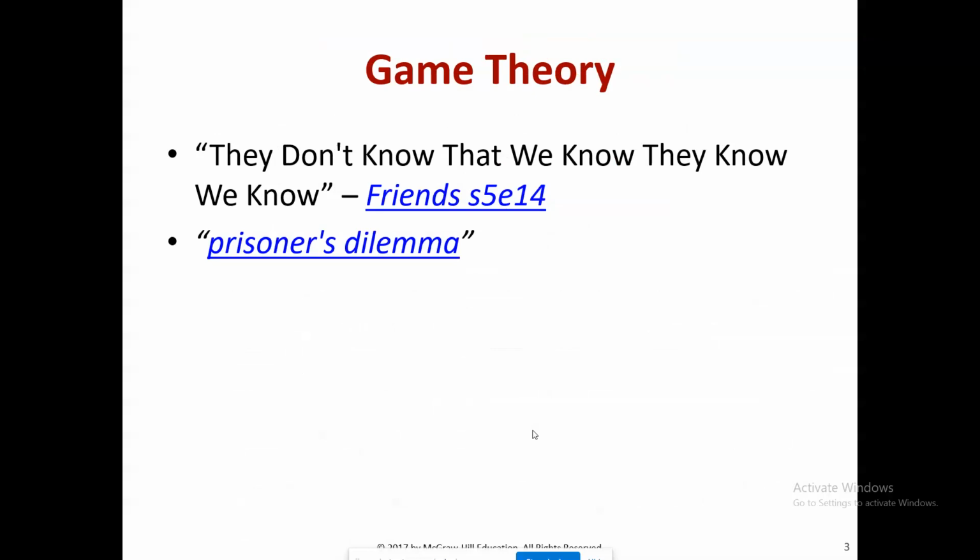The second thing I think of when I hear game theory is the prisoner's dilemma. This dilemma was originally framed by Merrill Flood and Melvin Dresher in 1950. Albert Tucker later formalized the game by structuring the rewards in terms of prison sentences and named it the prisoner's dilemma. The description is: two members of a criminal